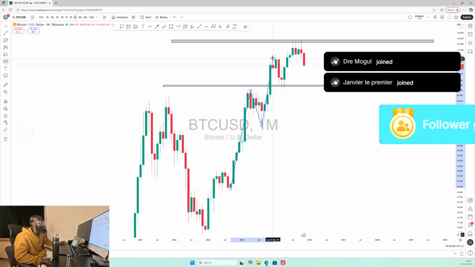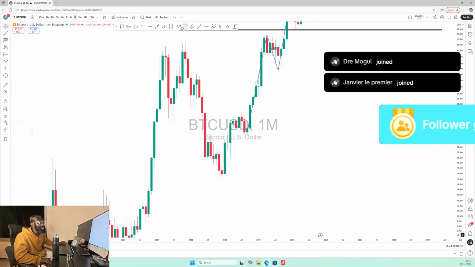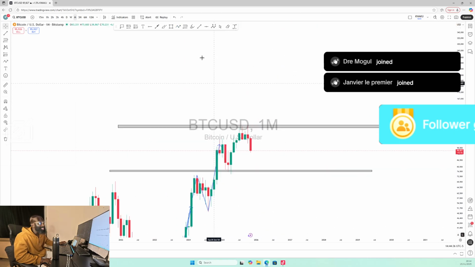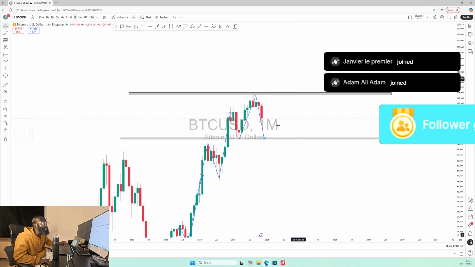So this was the minor pullback, price continue. We can also see here that there was more buyers than sellers, minor pullback, price continue. But now, price has seen more sell pressure, which is likely to drop price completely. Now the question is simple. Are we going to drop price completely, or are we going to continue the cycle when buyers come in around